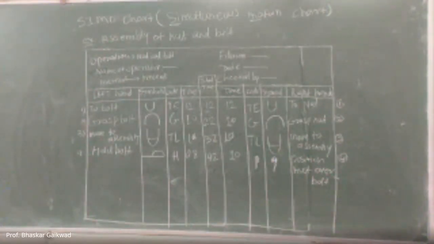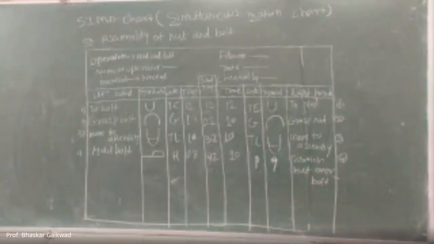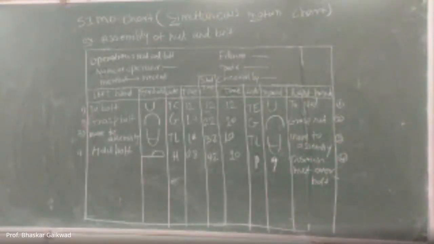So today what we have seen in this lecture, different types of therbligs. Okay, so for a particular activity, our two hands are doing certain motions. That motion is nothing but our therblig. So select, grasp, hold. These are the therbligs. So like these 18 therbligs are there, and that was developed by F. Gilbreth. And these therbligs we have to study with video camera, film, and by slow speed motions, you have to note down each motion and related times and total times you have to calculate.